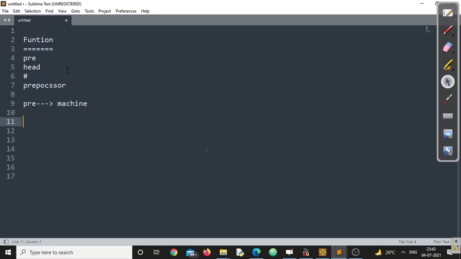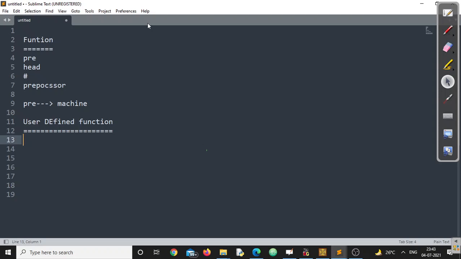Now in this lecture series, today we will be concentrating on user defined functions, right? The first question definitely coming to your mind is why user defined functions are required and what are those? The answers are very simple.